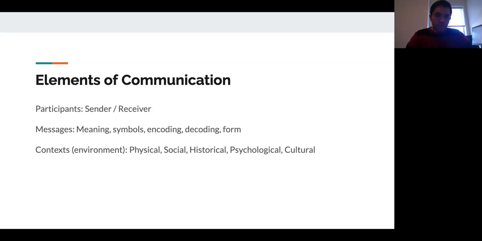And so that brings me to the elements of communication. Within the previous slide, we talked about the modes. And so the participants, which is typically a human, there's going to be a sender and receiver. Messages themselves can be meanings and symbols, which we have to then encode and decode. And then those messages can have a form, they can have a tone, they can also have varying contexts, which is the environment. And so there's physical, social, historical, psychological, and cultural context that must always be adhered to,